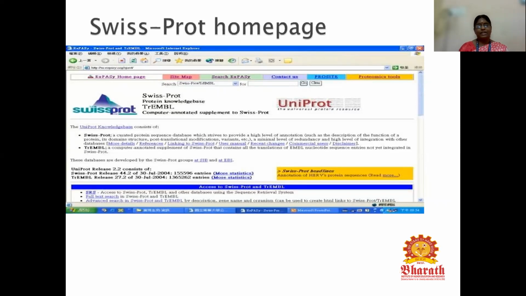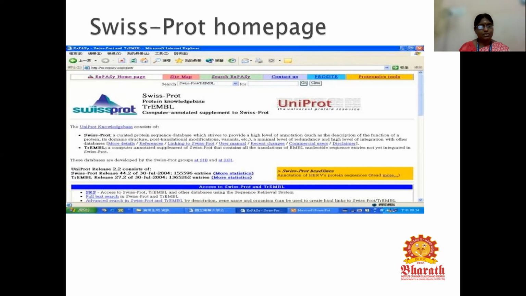So the main property of the Swiss-Prot home page is the annotation. If there is any repetition in any gene sequences, we can easily predict it with the help of this Swiss-Prot home page. And SRS includes access to Swiss-Prot, TrEMBL, and other databases using the sequence retrieval system.